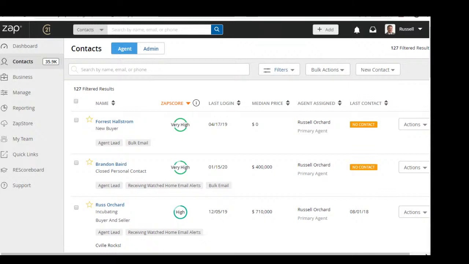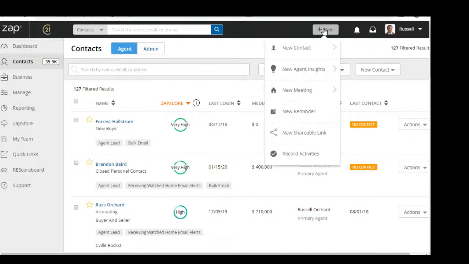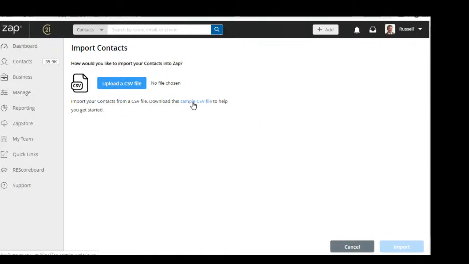There are three different ways you can go about getting the people put in there. One is you could just come up here and click Add, and do an individual contact, so you can type them in one at a time. You can do Add and Import Contacts, where you download this sample CSV file, put the names of all the people into that CSV, save it, and then upload it into here. The other way,